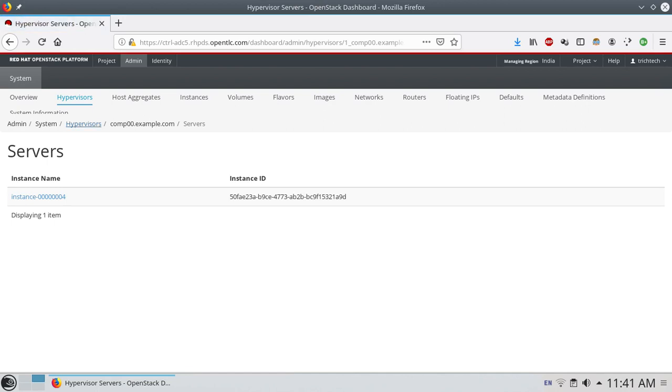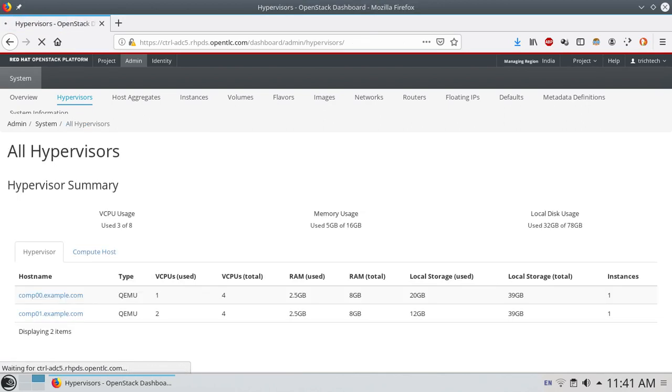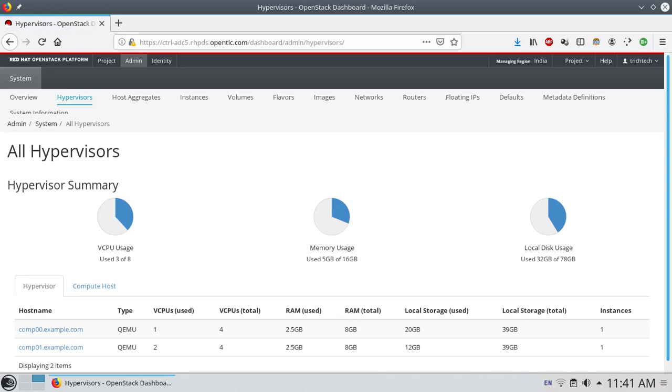So like this, easily you can create host aggregate and availability zone inside your OpenStack platform, and you can use it. Now one more thing to tell you here. Why will you be using this concept of host aggregate and availability zone?